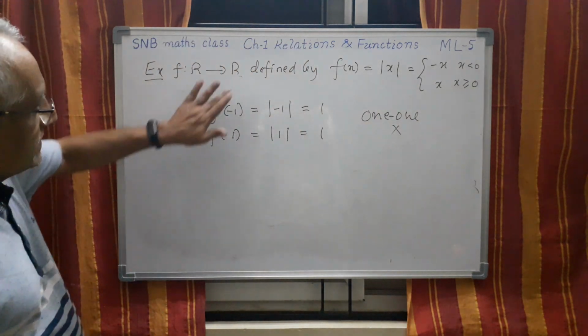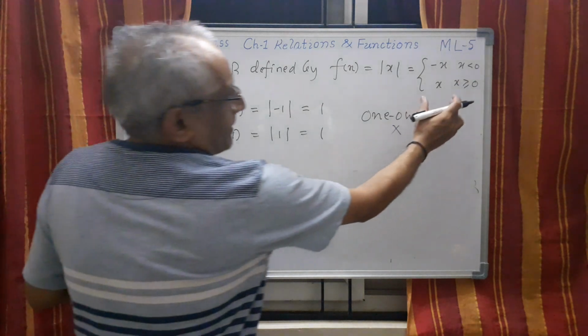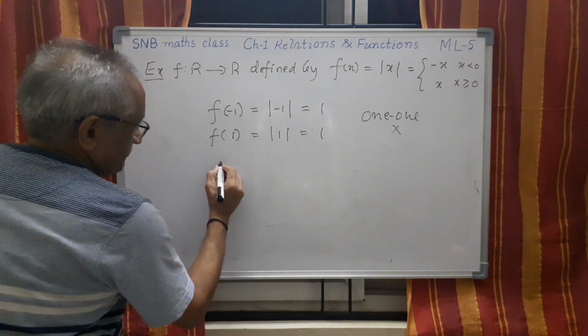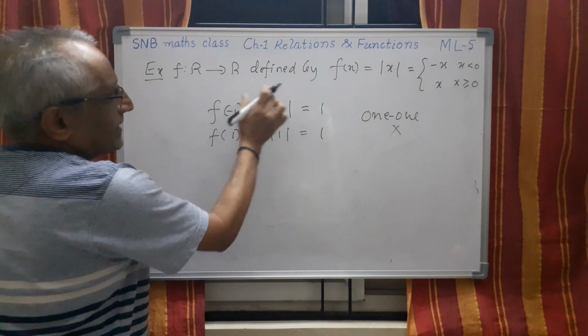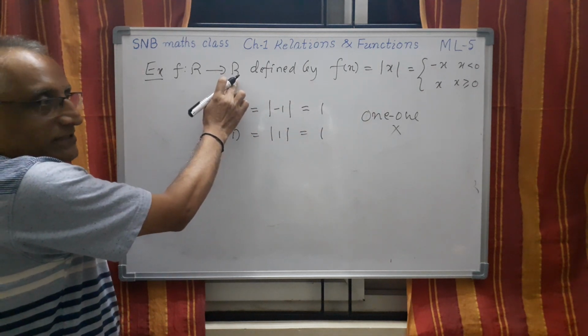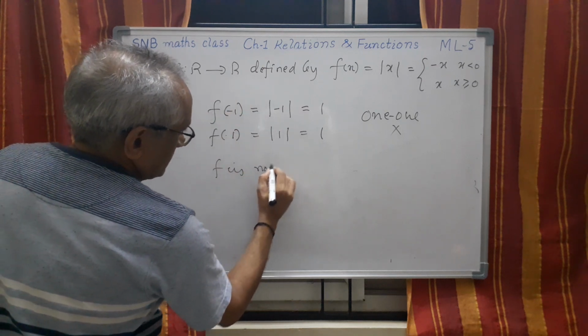Now second one, is it onto? Answer is no, because by definition mod x means it is always positive. So if you take any value, it cannot go to the negative number. But this R contains both positive and negative numbers. Therefore f is not onto